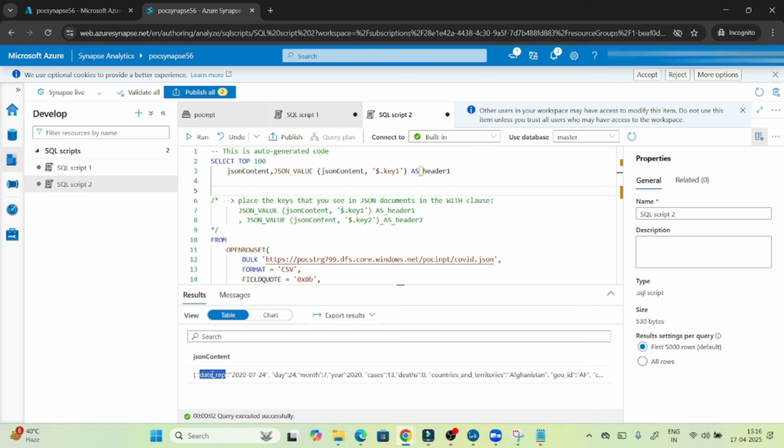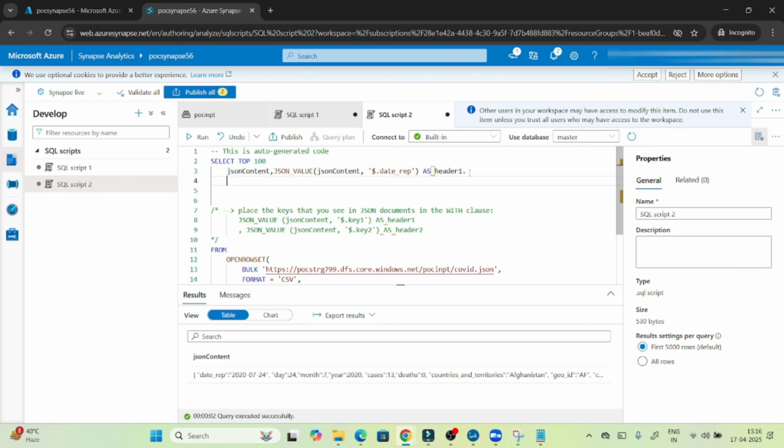Suppose you want to read this date rep, so you have to mention $.date_rep. Similarly, for any other column you have to use JSON_VALUE and a comma. Suppose I want to read the year, so I will use $.year as header. Now if I run,